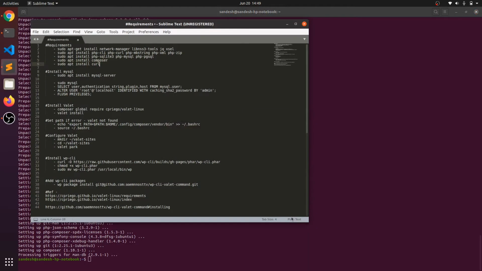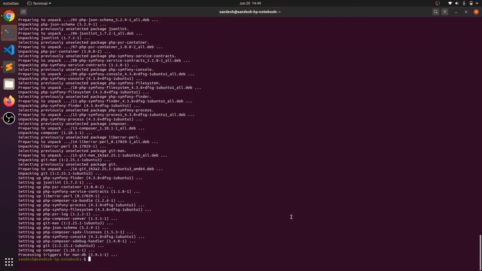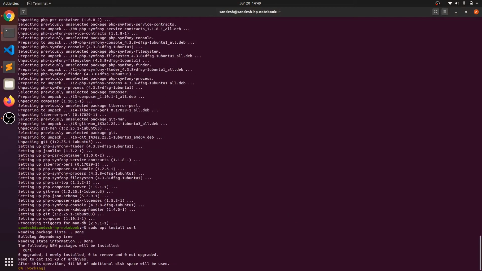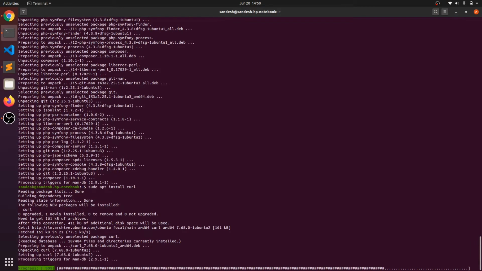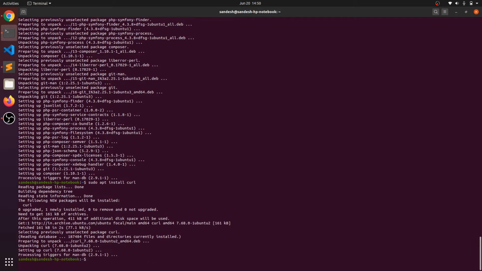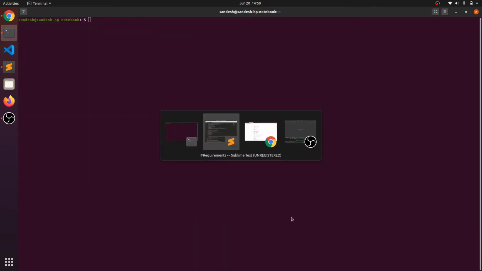Next is to install the curl package. Copy and paste the command and it is installing. Okay, that's it. The package installation is done. These are the required packages for the installation, and now we have installed all the packages.